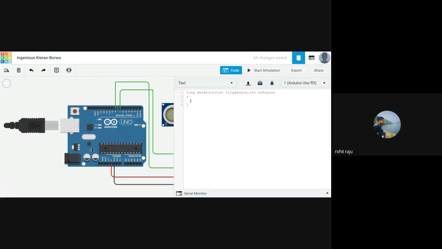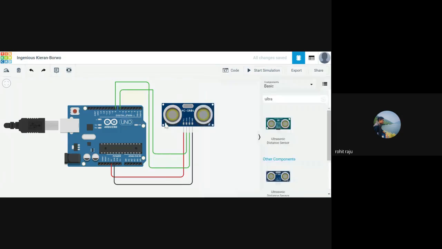What this function does is, it takes 2 parameters, trigger pin and echo pin, and finds out the duration. The duration is of type long, because we get microseconds, which may turn out to be a huge number. If you use an int, it would throw you an error. First thing you need to do is start working with the transmitter.